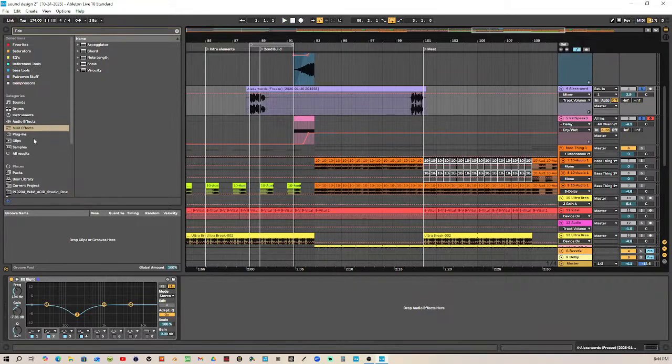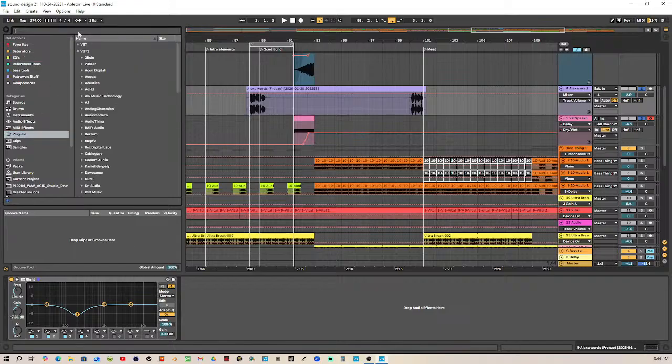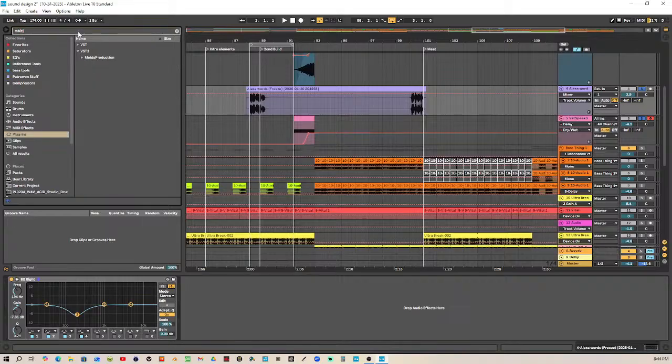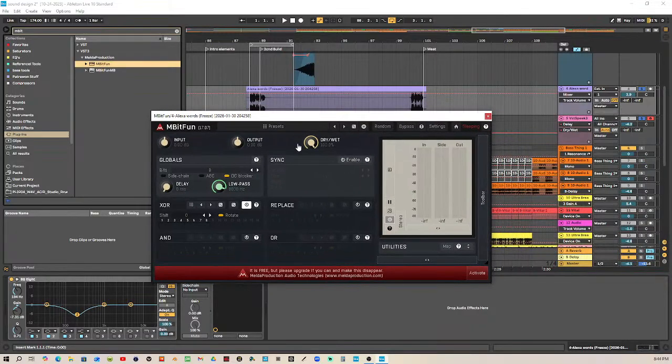Bass freak. All right, let's see here. Let's grab a Redux. I think Melda Audio, once again, badass company for what they offer for free. I think they offer Bit Crusher too. I'm pretty sure they do. Melda Bit Fun. Okay, let's put that on here and see what I can do. So bits, we'll go 10 bits.